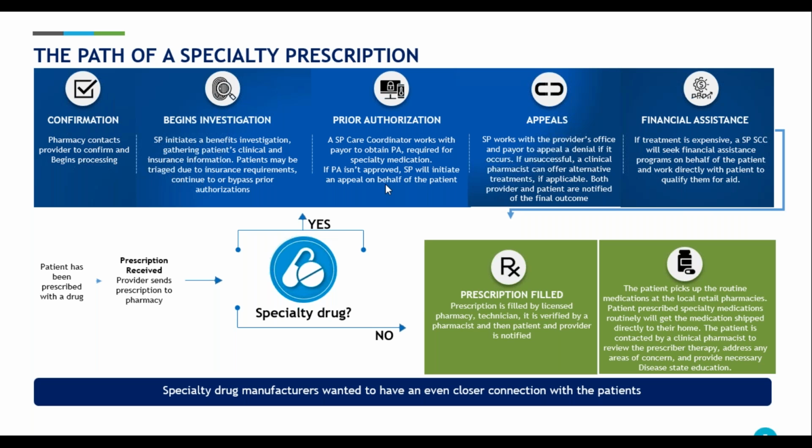the prior authorization form is sent to the payers, and the payers review it, and they may either approve or reject it. Now, if they're not satisfied with what is in the PA form, they can reject it with some rejection reasons. Once it gets rejected, the specialty pharmacies again work with the payer and the provider